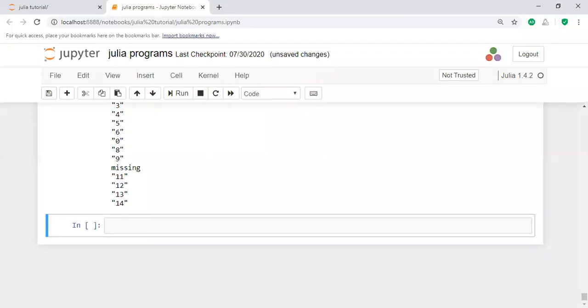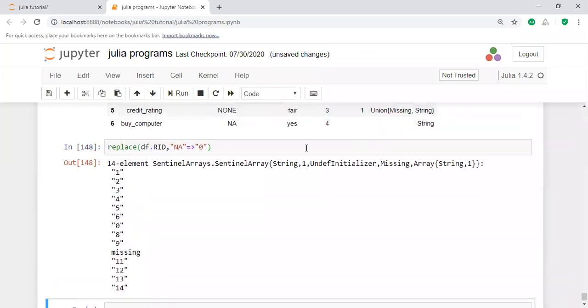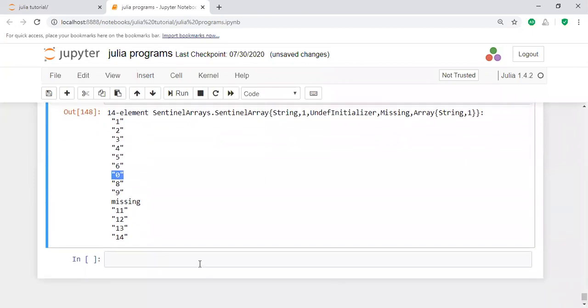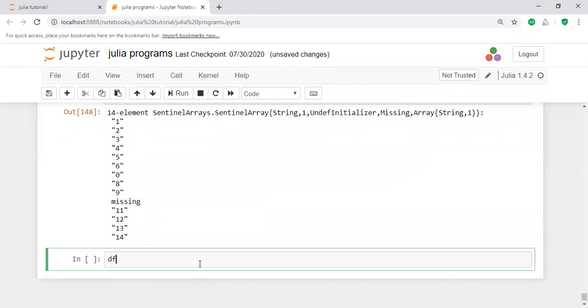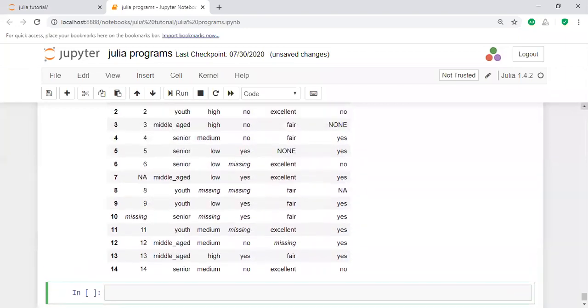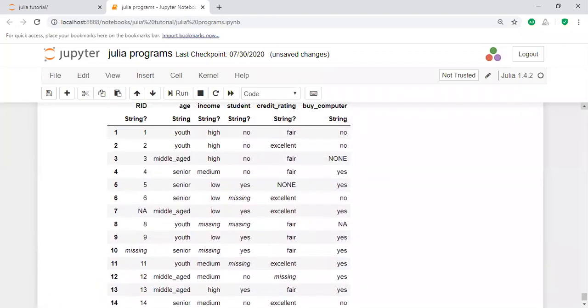Yeah, it is having some syntax error. That's why equal to replace, NA implies 0. Here, the missing value NA, that particular missing value, is filled with 0. Verify that one, whether it is a df. Yes, execute that one. Here, in the first column, NA is replaced with 0.